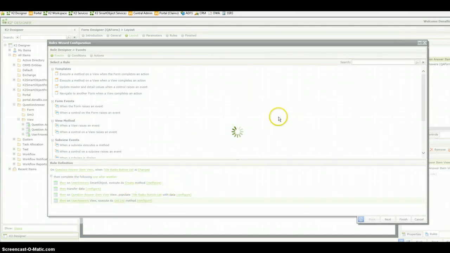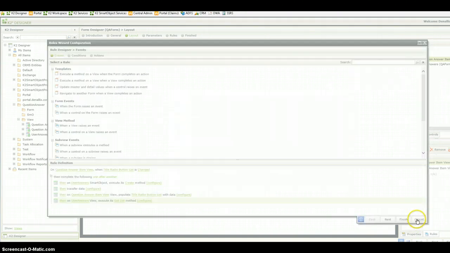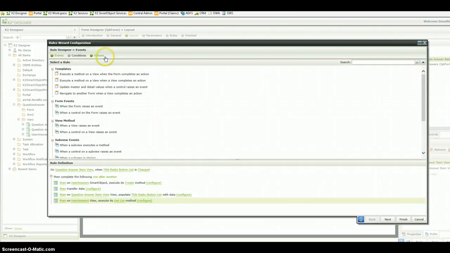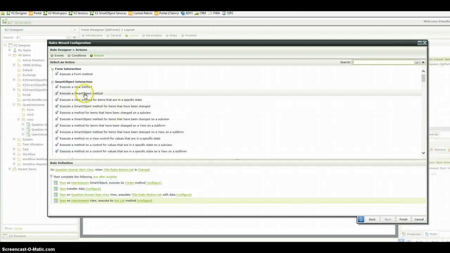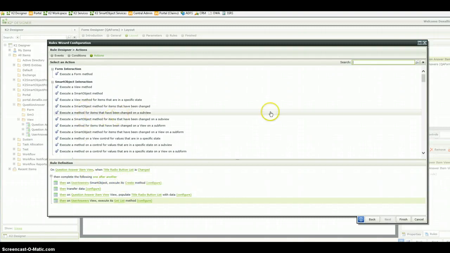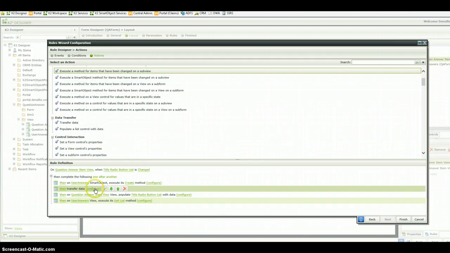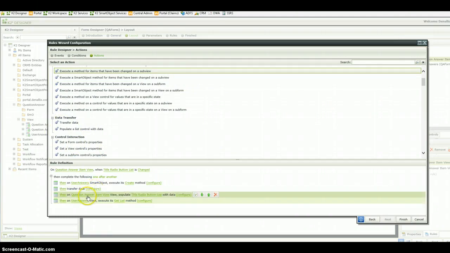All these are actions, by the way. I don't think I described that. Basically what I did here is I did a smart object method for that user answer. I want to populate that next list, and then I wanted to transfer the data, I accidentally clicked that. I wanted to transfer the data to that data label on that view. I wanted to populate that